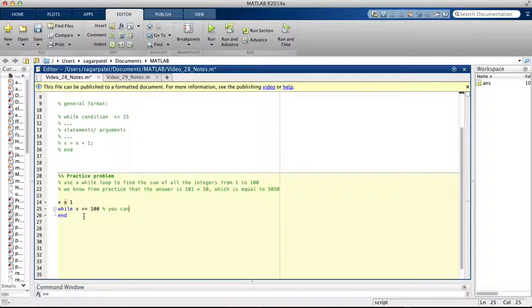You can also say that x is less than 101. It will do the trick. I like to use less than or equal to, but they will both do the trick. So just so you know, you can use x is less than 101 if you wanted to. And then inside your while loop, you would say,